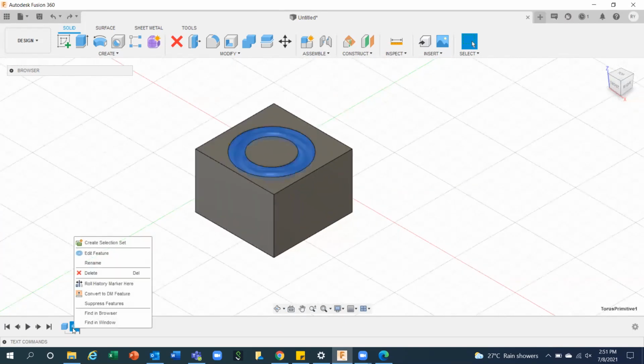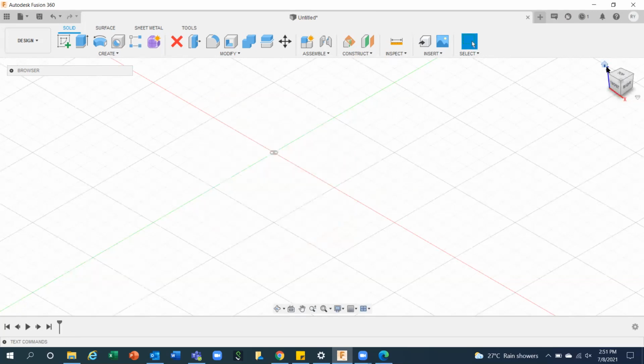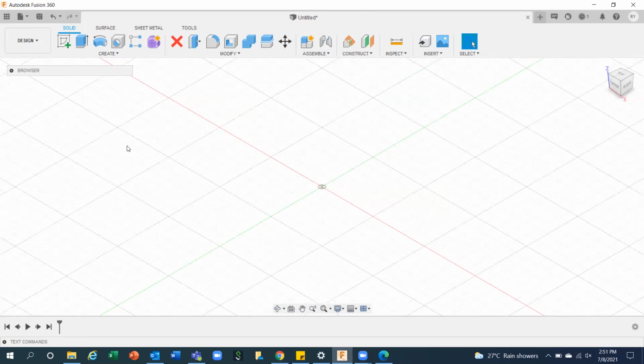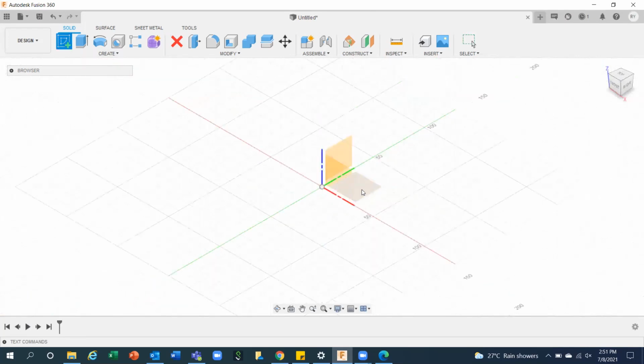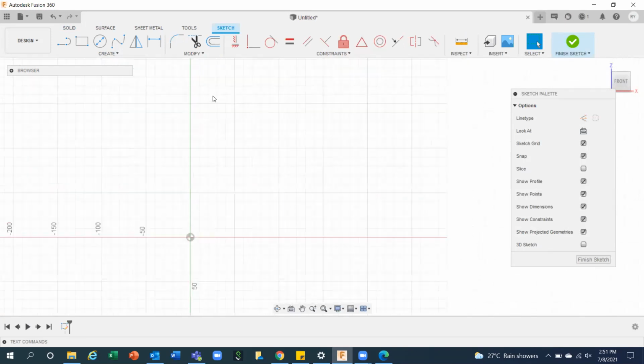Okay, so let me create one example first, then it will be easy for us to complete the process. I'm going to take the same example, how to create a cup so that we can get it 3D printed. The simplest example, right? And how many different methods are there to create the cup? One method I have already explained, that is the revolve feature. Or otherwise, okay, let me start with the revolve again. So I have to create one small profile.